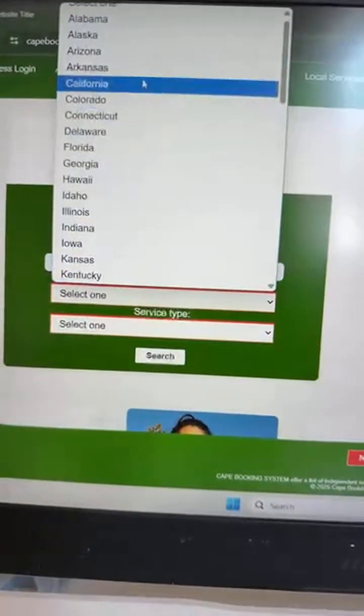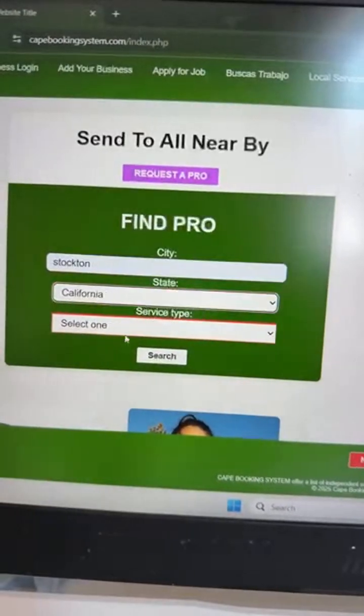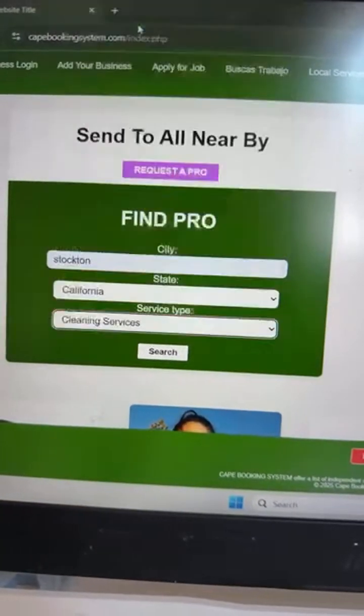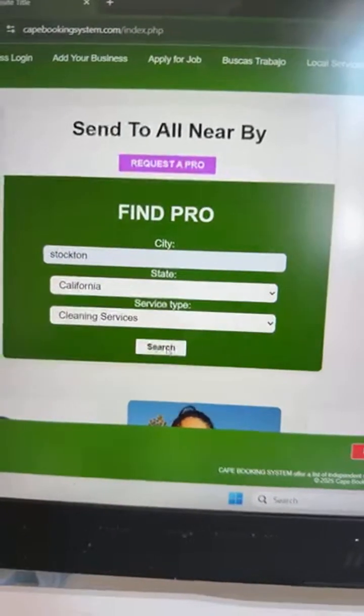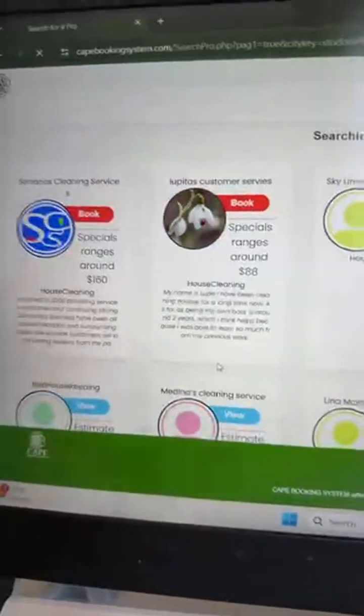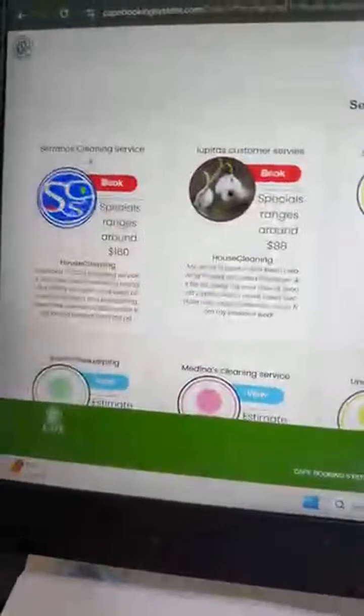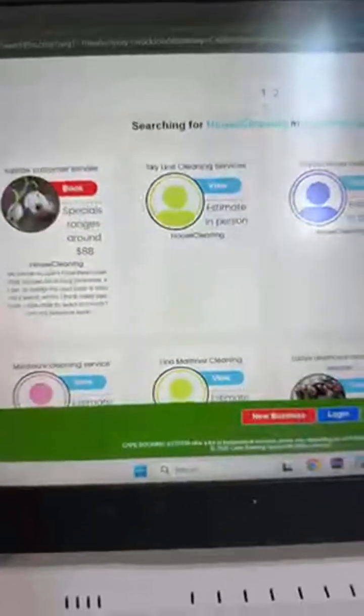Let's just say it's in Stockton. We're gonna go into California, and then we're gonna go into cleaning service. Now, at the moment of putting search, it's going to start searching for nearby businesses. So as you can see, there's some people here with their actual profile photo, while others do not have a